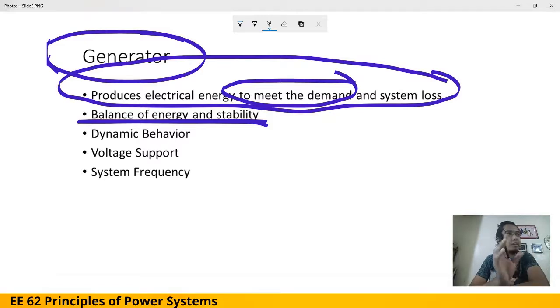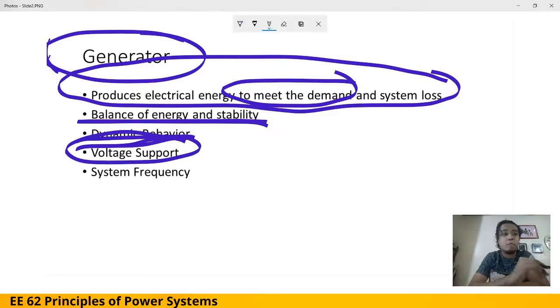Okay, you have the overcurrent, you have the power system protections that detect anomalies, and then under voltages, over voltages, that you do something with the generator to be solved. You have the dynamic behavior. You have the voltage support. So I guess yan yung sinasabi ko. Okay? So you use the generator to support the voltage kasi within a certain system it may respond to a certain load, a certain demand, a certain state such that magkakaroon ka ng voltage problems. So you use the generator as voltage support and